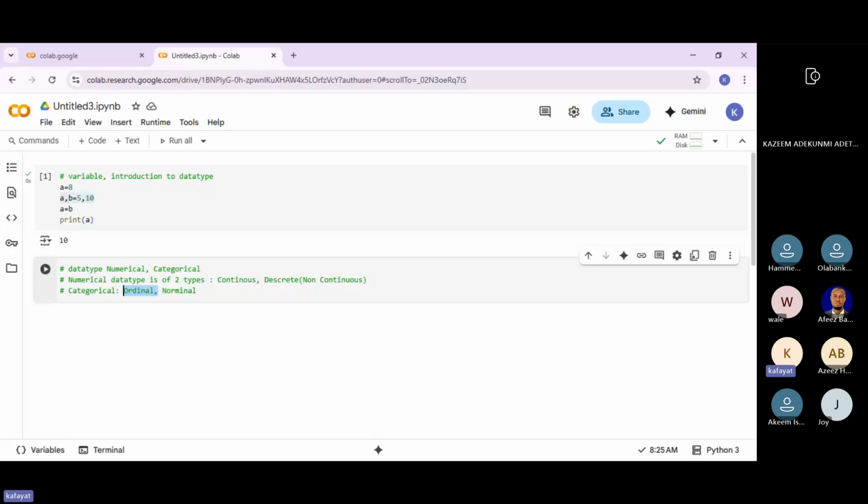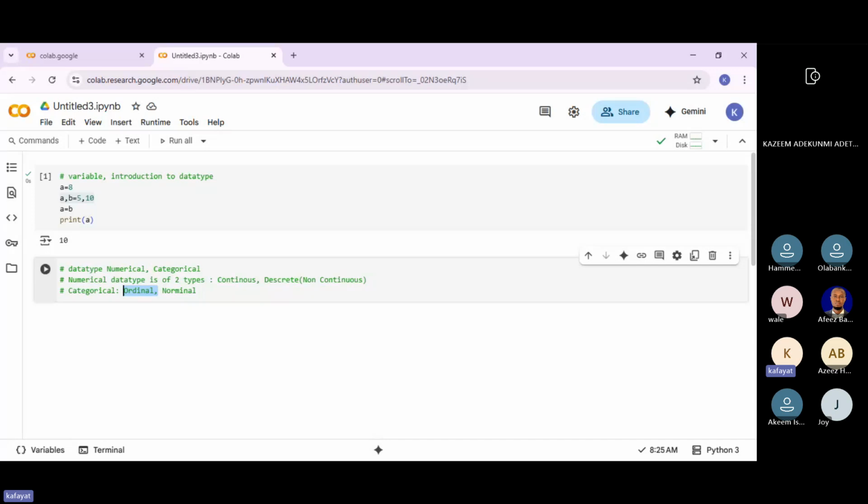And so on and so forth, as it depends on the data set or the use case you're trying to use it for. So just know that anything that is always arranged in an orderly manner is ordinal data. Are you getting it? This is ordinal data.